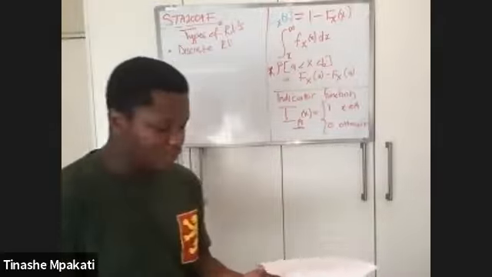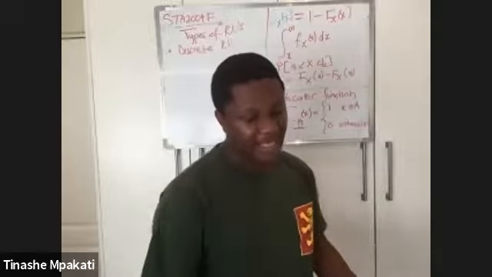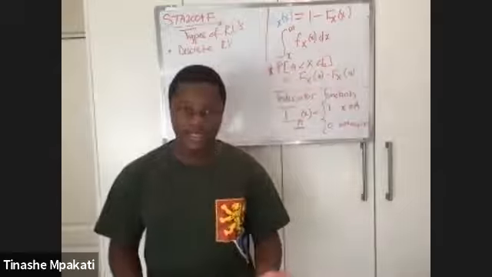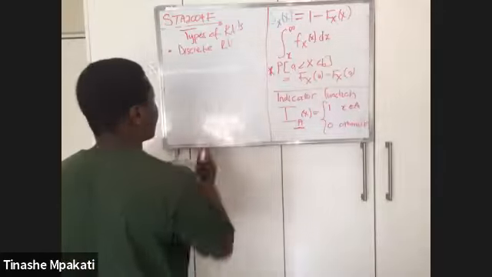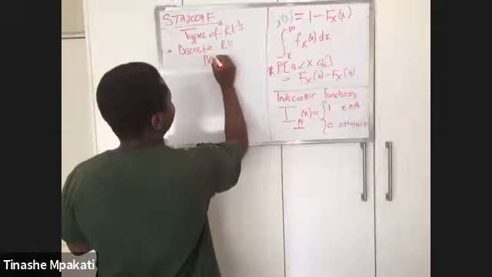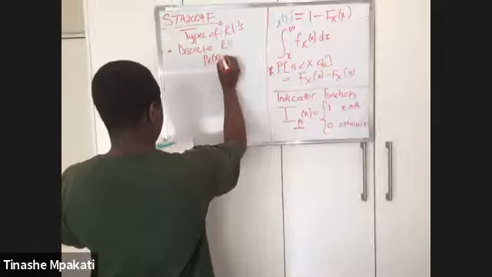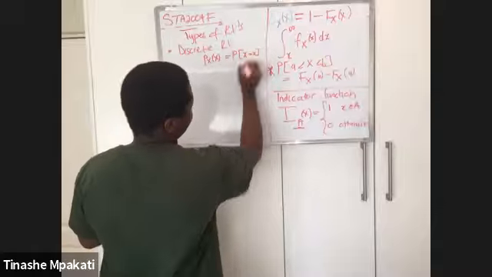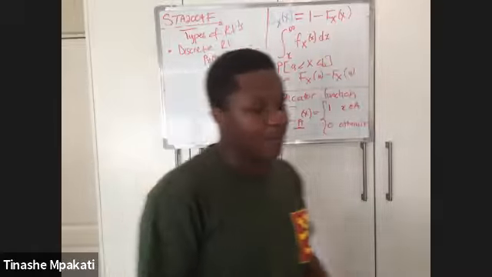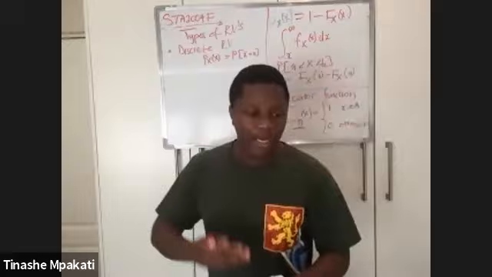The two distinct types of random variables that we have are the continuous one and the discrete one. The discrete one is the one where you will be doing your summations, where the PMF of X is simply equal to the probability that X is equal to x. This one is counting, when we're considering the x values 0, 1, 2, 3.